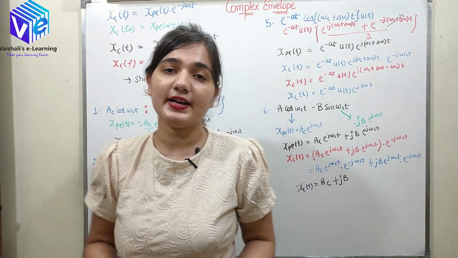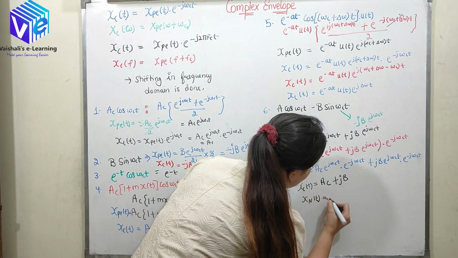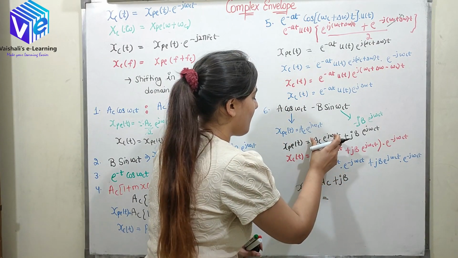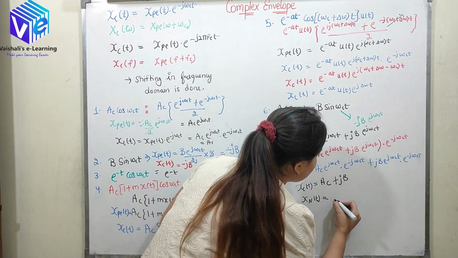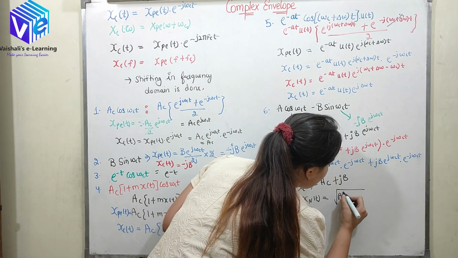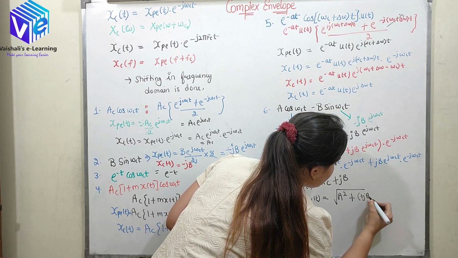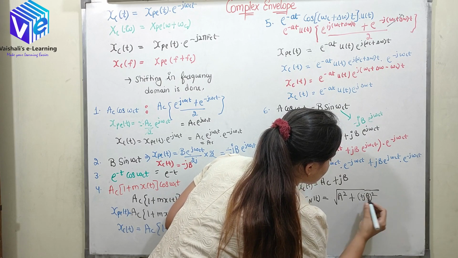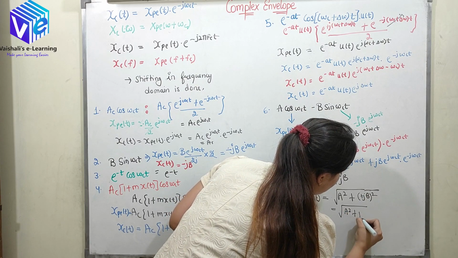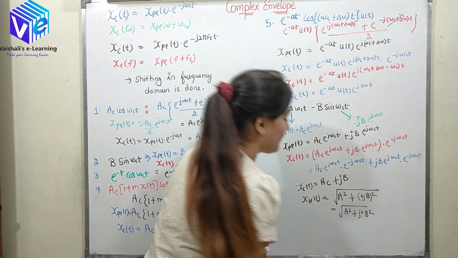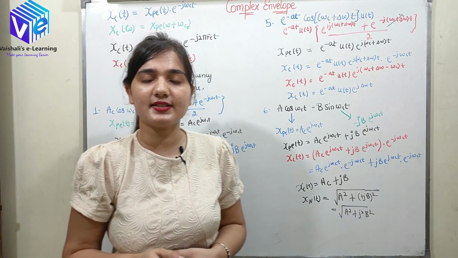So if I need to find out the natural envelope, x_n(t) would be equal to, so this is my complex, the pre-envelope. So the pre-envelope's amplitude is given by the square root of A squared plus (jb) squared. So now it would be under root A squared plus j squared b squared. So this would be the natural envelope. So here I'll be stopping my discussion.